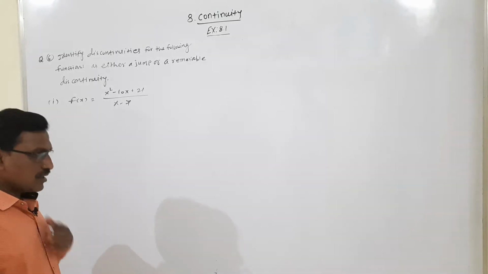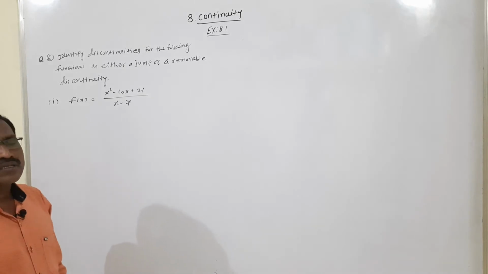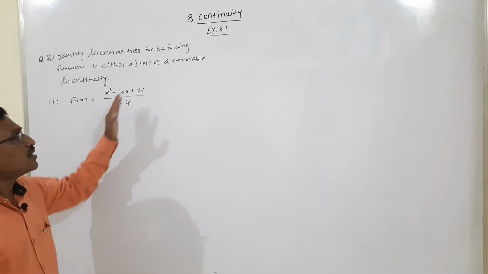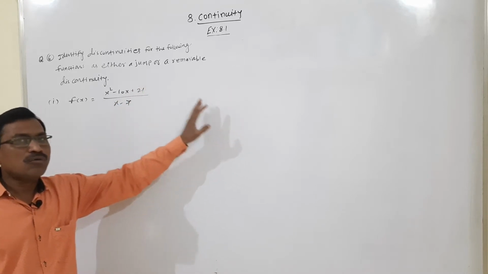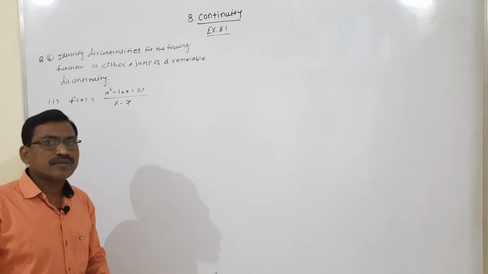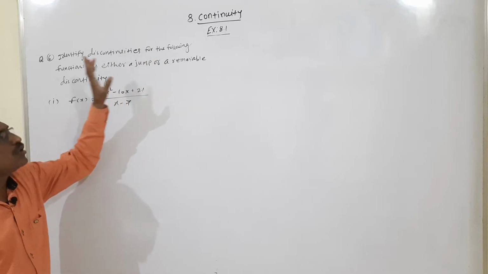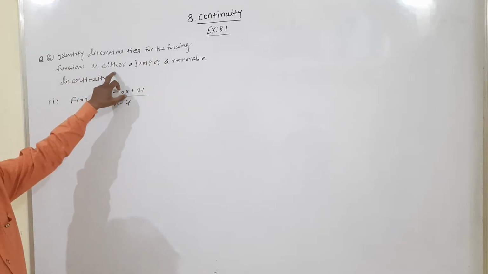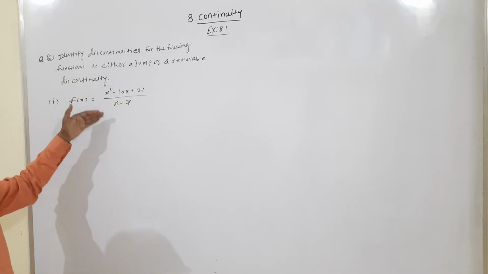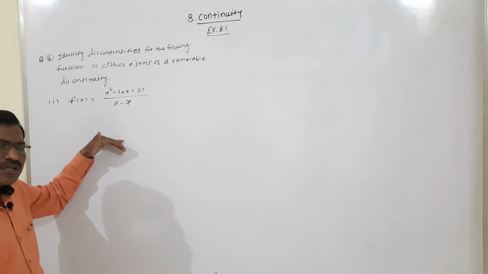Hello student, in the last lecture we have seen the examples in questions number 3, 4 and 5 in exercise 8.1. Now we will take the example in question number 6. Question number 6: identify discontinuities for the following functions as either a jump or a removable discontinuity. Here we have to identify whether the given function has a jump discontinuity or a removable